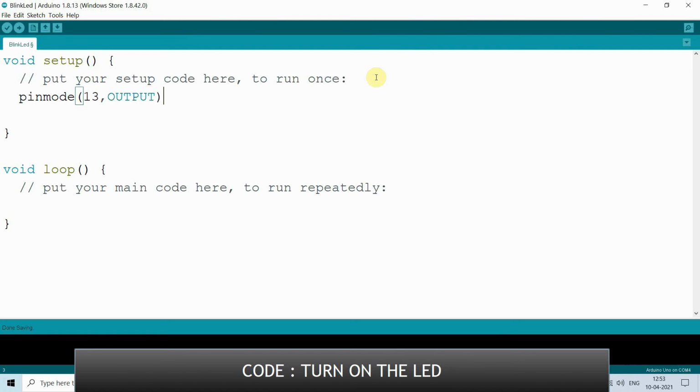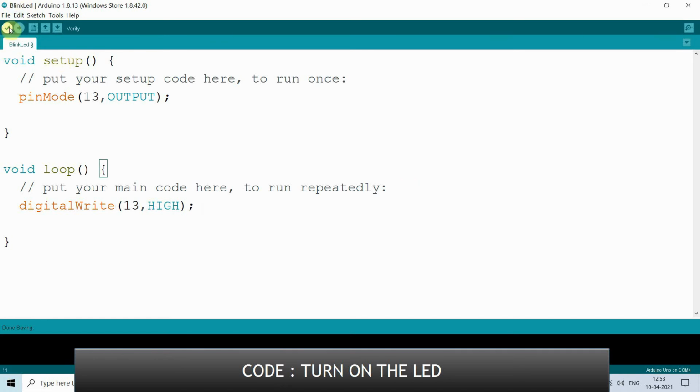We will set pin number 13 as output and we will write in void loop that pin number 13 should be HIGH, because we want to make the LED on. So this code is very simple. You can see and write in your IDE.